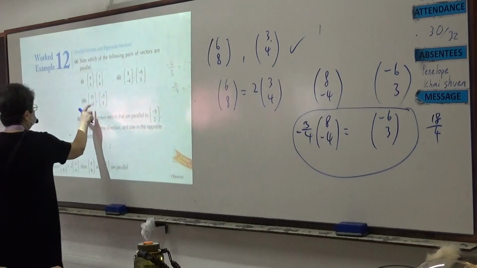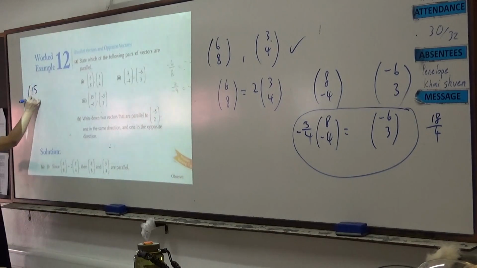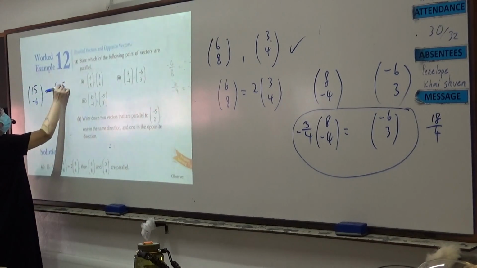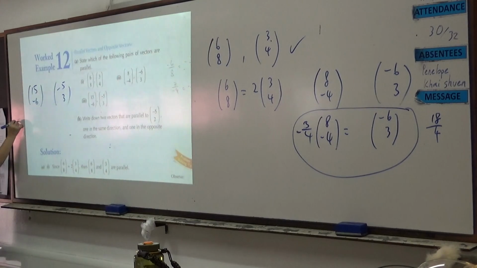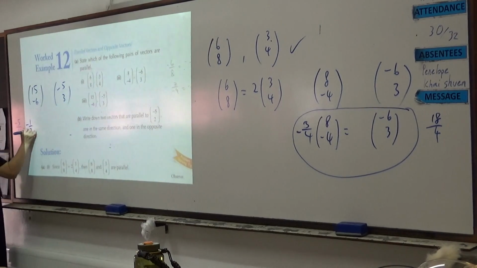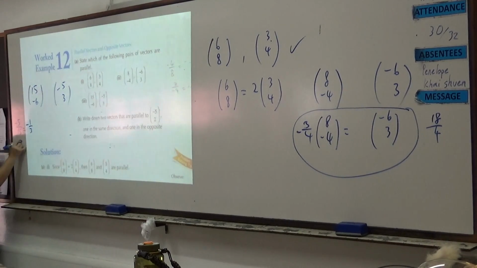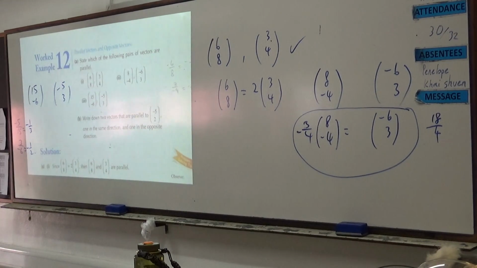Look at this one. 15, negative 6, and negative 5, 3. Let's look at the ratios first. Negative 5 over 15 is negative 1/3, right? 3 over negative 6 is negative half. This one will not be parallel. Can you see the ratio is different? Okay, so